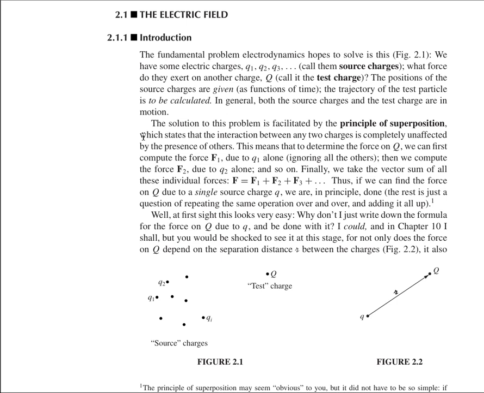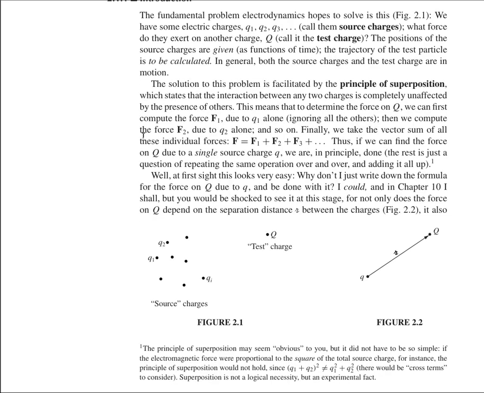Okay, so ये position fixed नहीं. They are varying as functions of time. And they are telling that the trajectory of the test particle is to be calculated. In general, both the source charges and the test charge are in motion. मतलब अभी के लिए what they have shown is कि एक question हमें दिया है, एक problem statement दी गई है कि there are some source charges which are roaming around, as a function of time हम लोगों को दिया रहेगा, और test particle के charge का trajectory है वो निकालना होगा based on the electrostatic forces